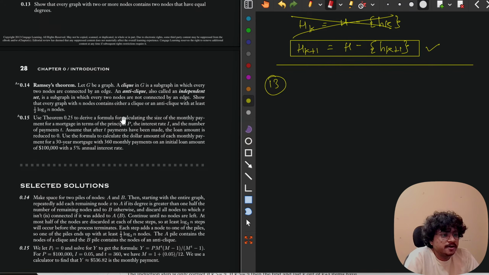Show that every graph with n nodes contains either a clique or an anti-clique with at least this many nodes. Okay,